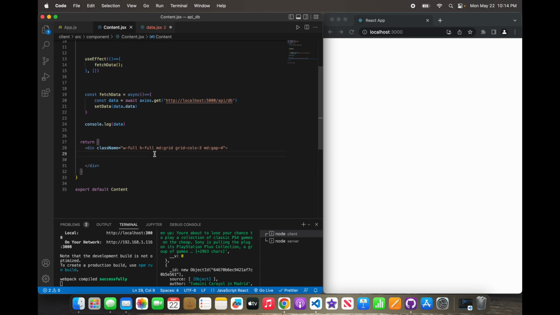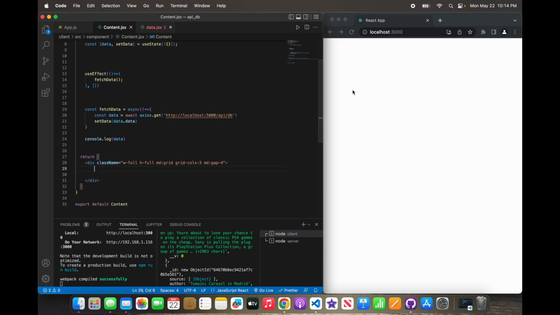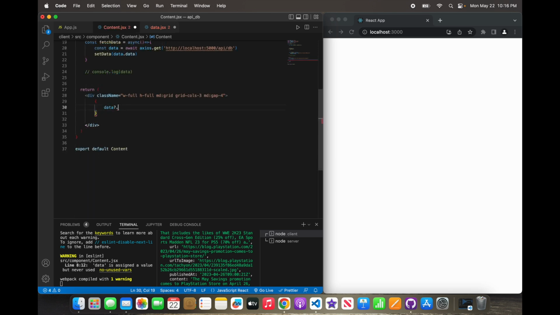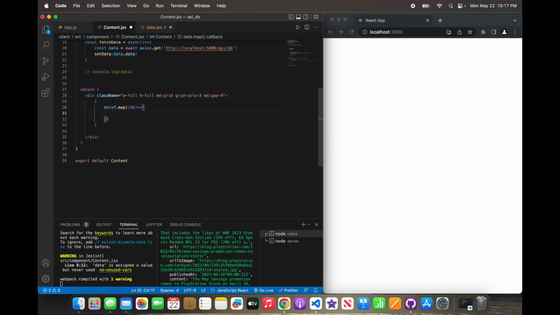So let's keep going. Right now we know what our data is because we're console logging it. So let's just comment that out so we don't keep doing that. And now we can take that data. If there's data, then we can map through it, and we're just going to be using database, DB, as the constant. And when we map through it, we're going to be saying